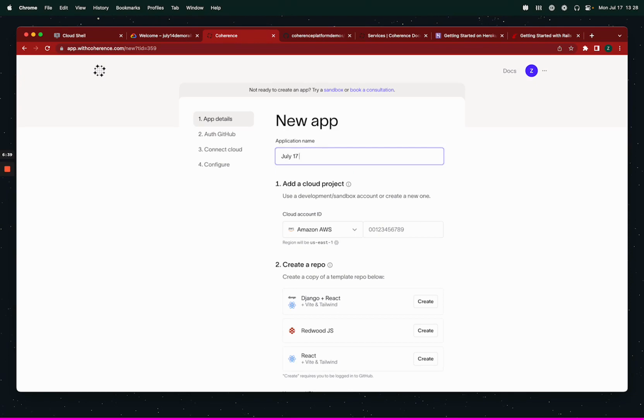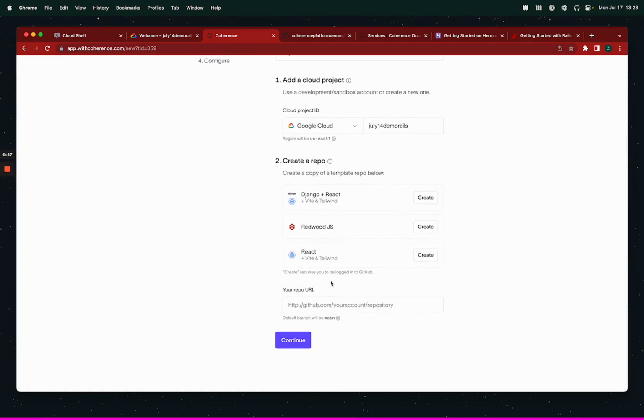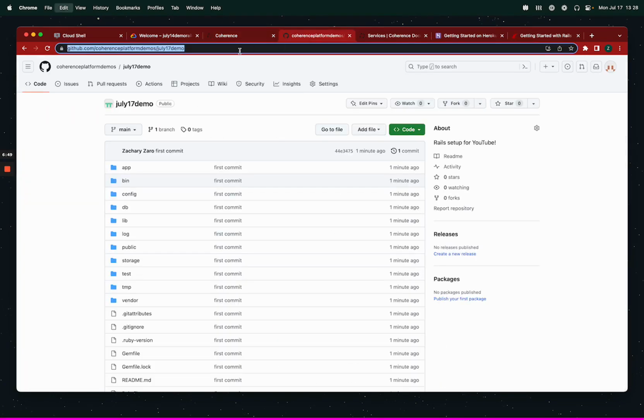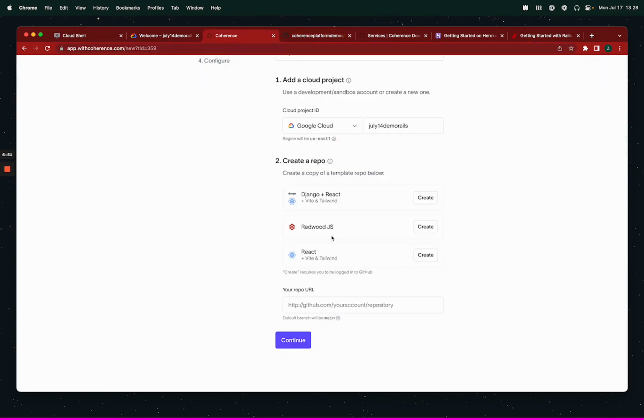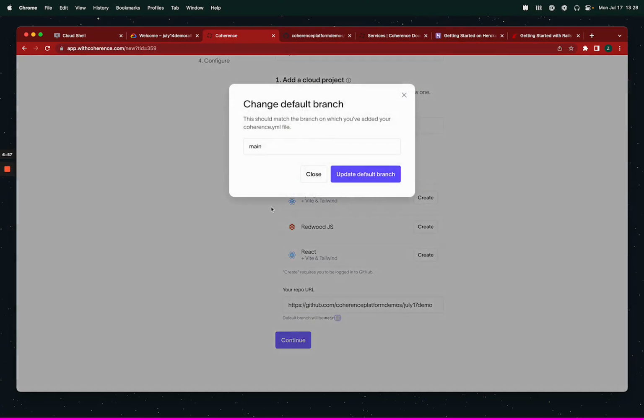So July 17 demo, GCP, put in our project ID. I can change the region. I'm going to just use US East. We're not going to make a new repo because we just did that. We do have some pre-templated, pre-configured repos here. Redwood React, Django React, but we're just going to paste this, and we're going to use the default branch of